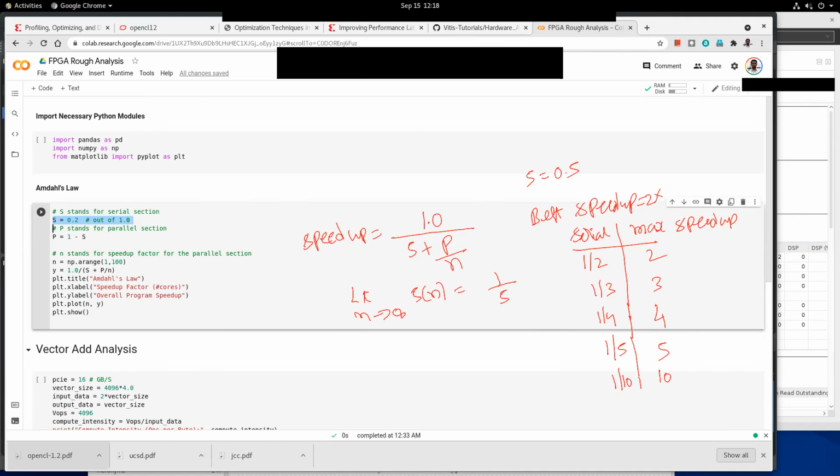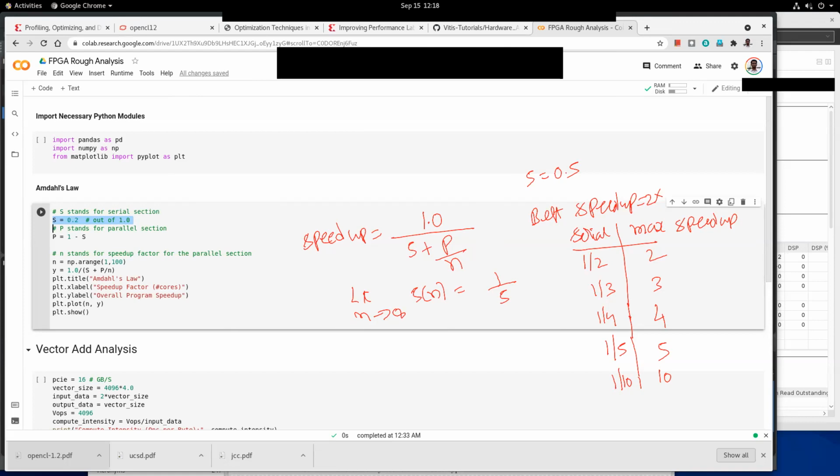So this is important because when you take an application and you are trying to do the speed up, and you analyze what is the function that you are trying to accelerate, and what is the fraction of the overall program execution time that particular function is taking, then you can know that even in the best case, by working hard, what is the max speed up you will be able to achieve.